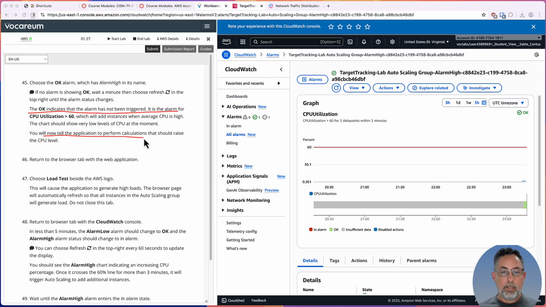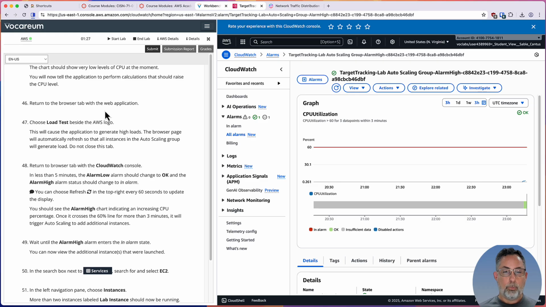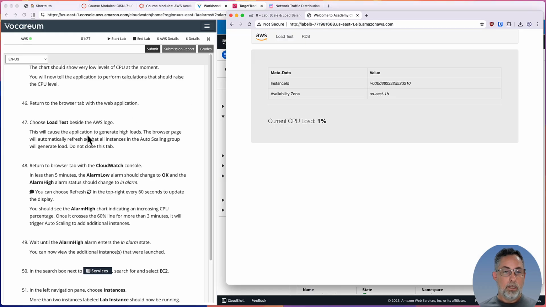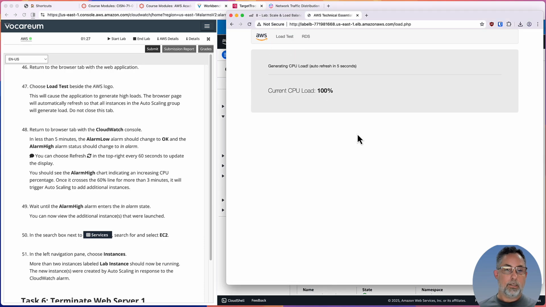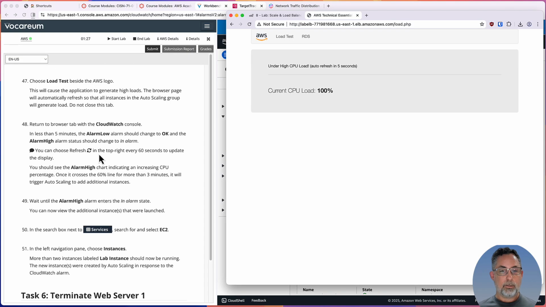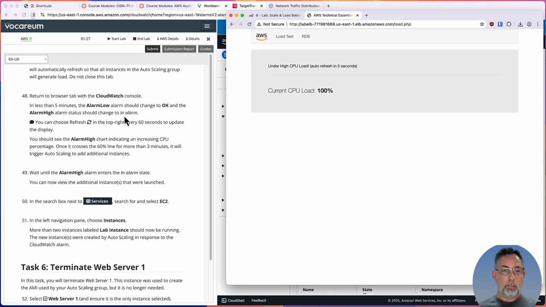You will now tell the application to perform calculations that should raise the CPU level. Okay. So return to the browser tab with the web application. Got it? Choose the load test right over here. We'll click load test. This will cause the application to generate high loads. The browser page will automatically refresh so that all instances in the auto-scaling group will generate load. Do not close this tab. Okay, that sounds good. Now let's go to CloudWatch console